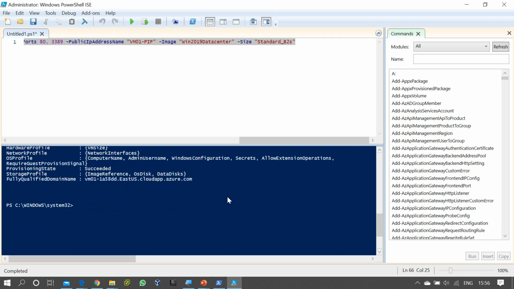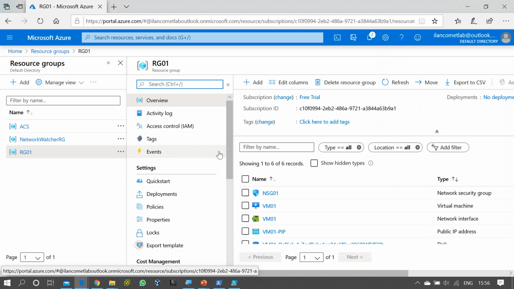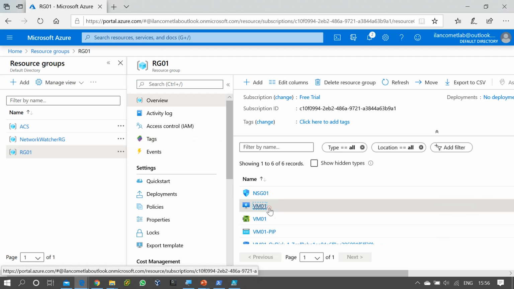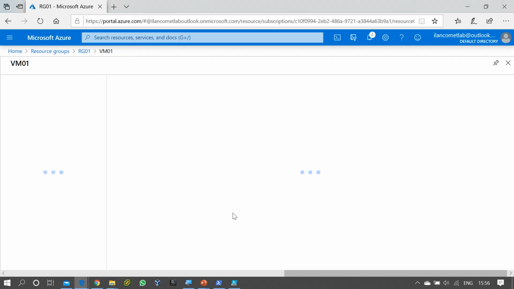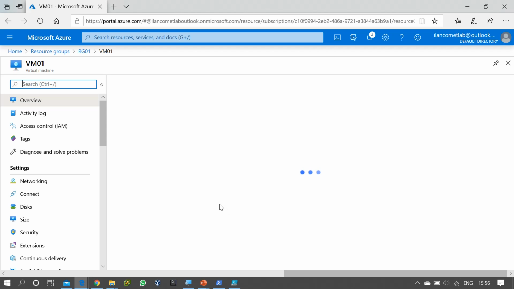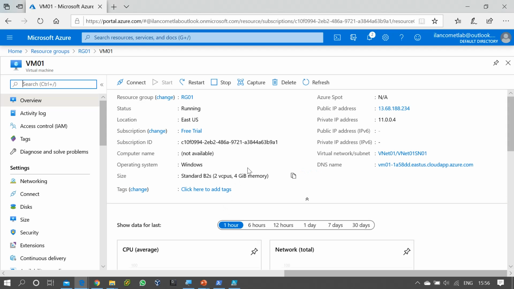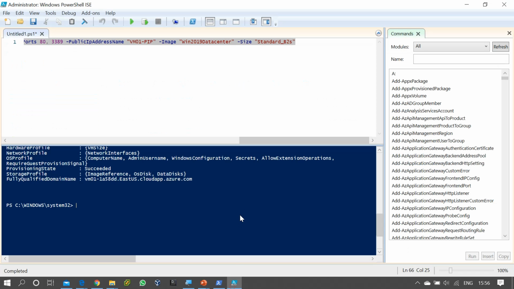Okay, if I want to stop the virtual machine, so right now we have created a virtual machine. So we'll just verify the virtual machine. You can see the virtual machine is in running state. I want to stop this virtual machine, for which you can use a command